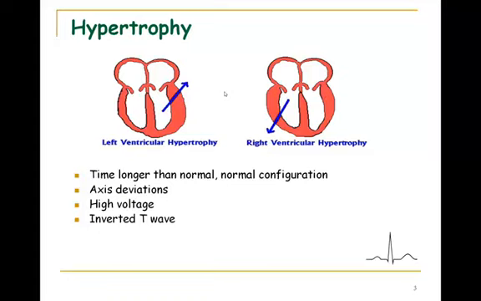And we'll show you an example so you can see it. You will have the left axis deviation. With left ventricular hypertrophy, you also will notice that sometimes you will see inverted T waves. The inverted T waves represent where any time that you may have the ventricles take much longer to depolarize,